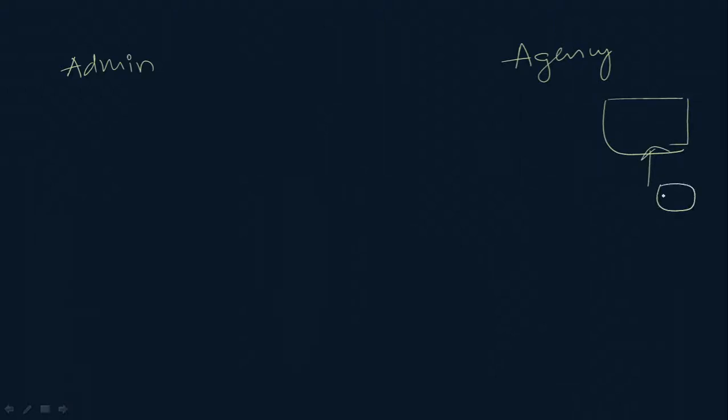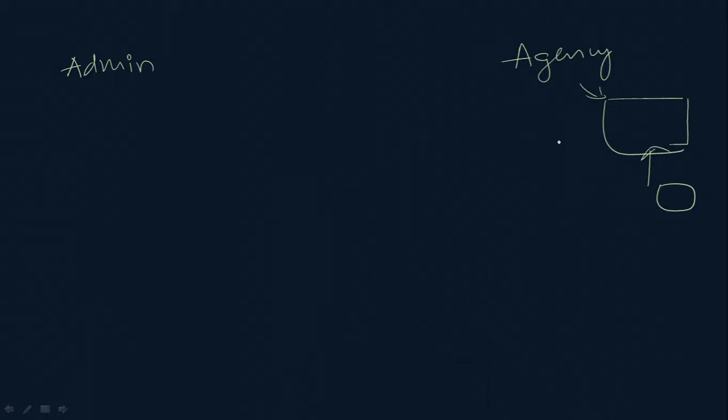So this is courier management. Nowadays courier is picking up at a very high speed because most products we need to deliver. Here is the admin section, and here is the agency. The agency is the place where the customer goes and gives the parcel, letters or parcel, whatever they want to send. Generally an agency will be near your houses, so you can go there and book the product.